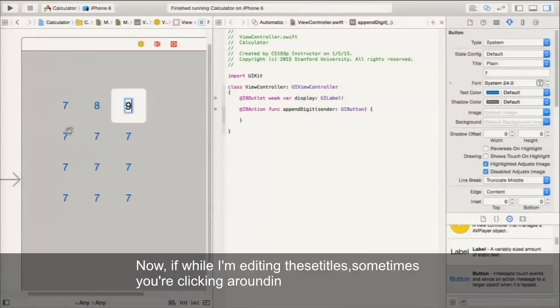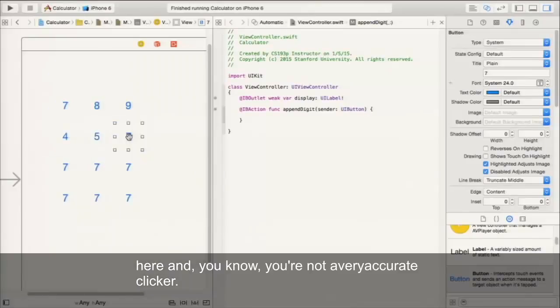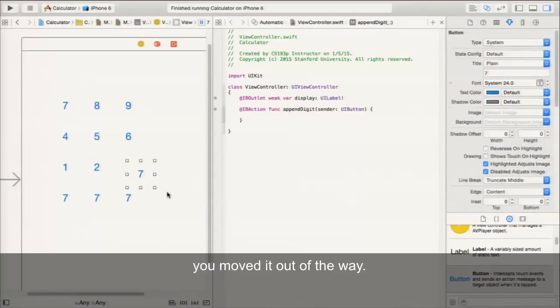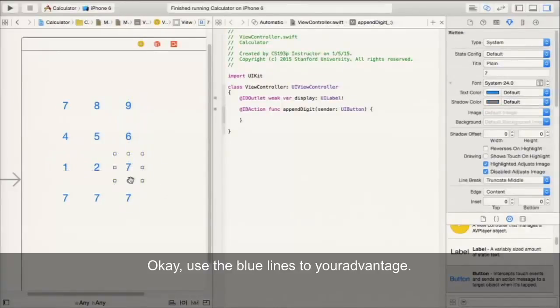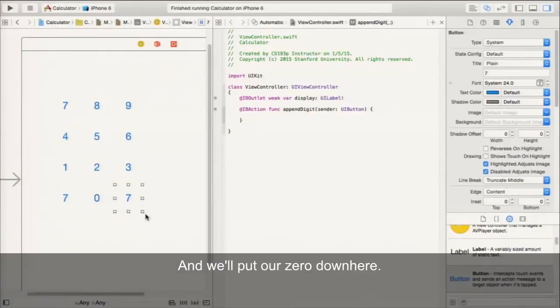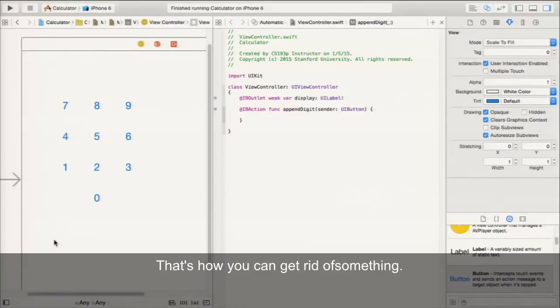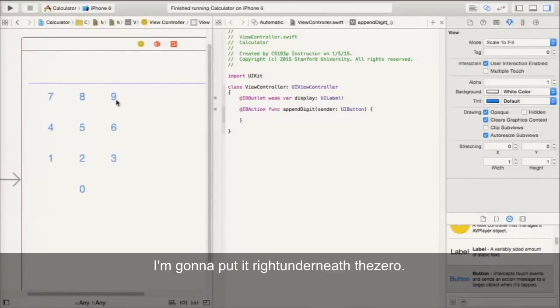Now, while I'm editing these titles, sometimes you're clicking around in here and you're not a very accurate clicker, or you just get out of control clicking and oh, you moved it out of the way. No problem. You can just put it right back in. Use the blue lines to your advantage. And we'll put our 0 down here. I don't need these buttons, so I'm just selecting them and hitting delete. That's how you can get rid of something. And I promised I was going to put these all on blue lines, so I'm going to do that. I'm going to put it right underneath